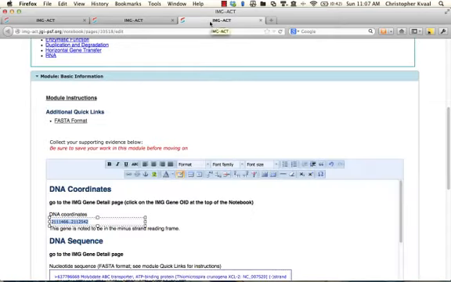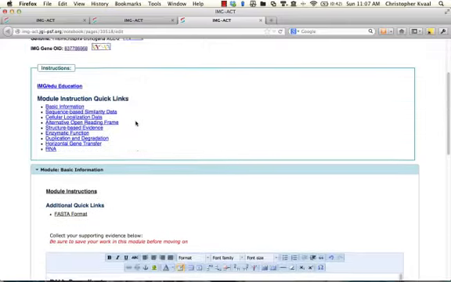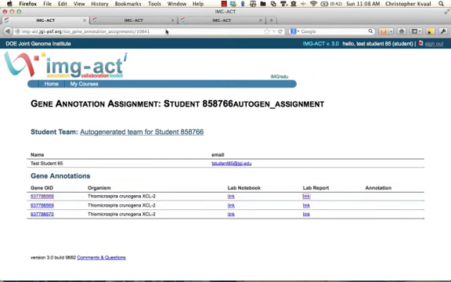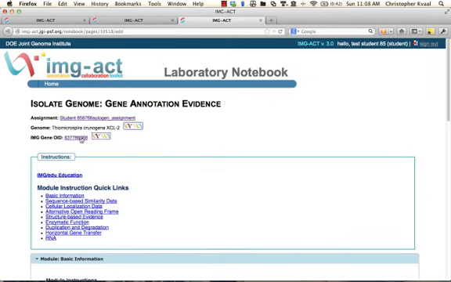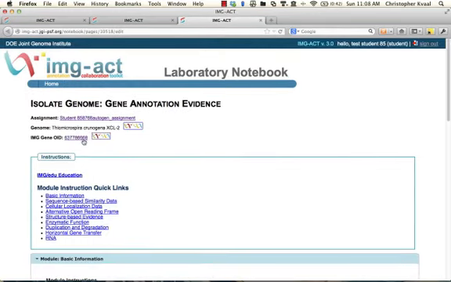I can say, oops, I didn't get that, so what do I do to get that? I can use this link, which is the same as this link, or this link right here, to open up that gene details page